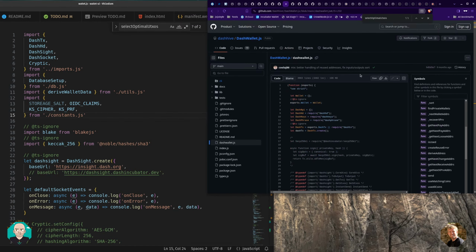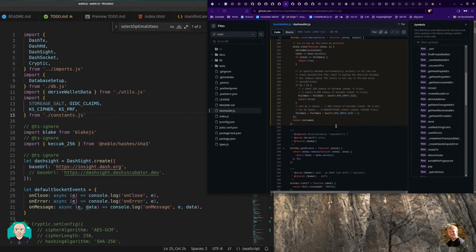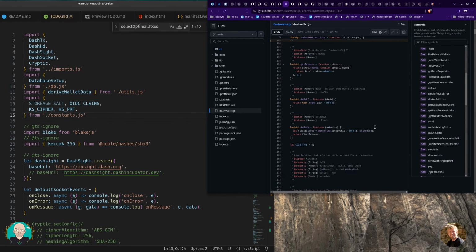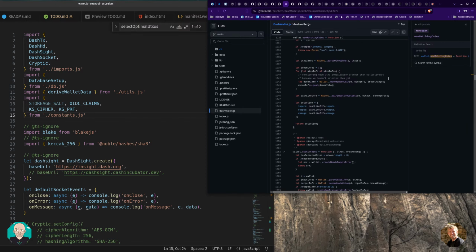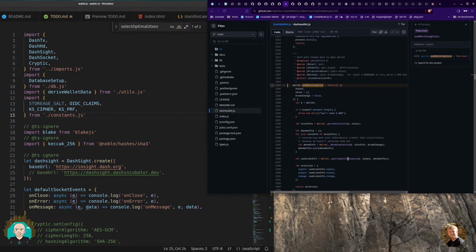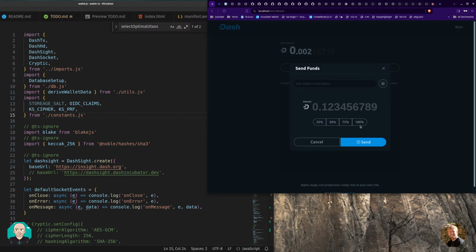I had implemented this select optimal UTXOs, but it sounds like that's only part of what we needed. There are some other functions in here like use matching coins and use all coins, and use matching coins uses this pair inputs to outputs. And so the functionality that I was trying to figure out with the send 100% is